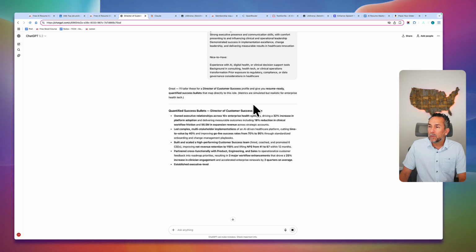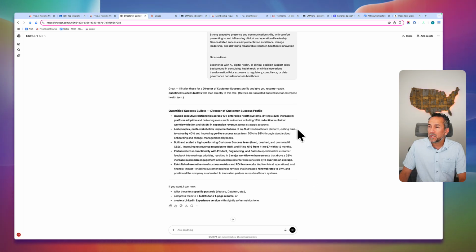And here we go. Quantified success bullet. Structure of customer success profile. Own executive relationships across 10+ enterprise health systems, driving a 32% increase in platform adoption and delivering measurable outcomes, including 18% reduction in clinical workflow friction and $6.5 million in expansion revenue across strategic accounts. Okay, so